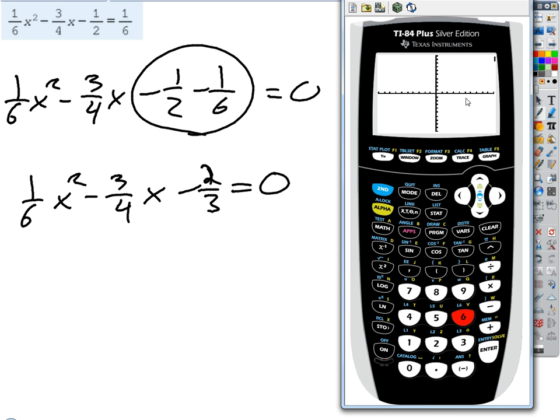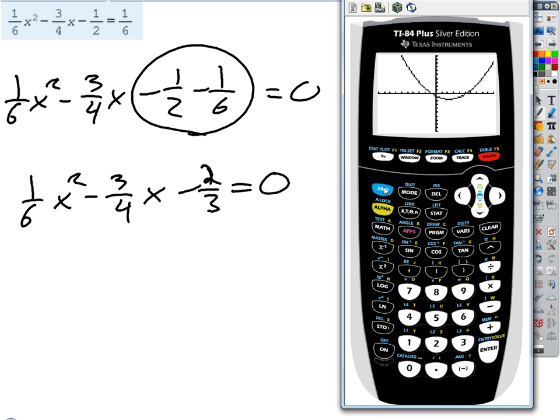Did you put it equal to? No, you don't. All you do is we're just graphing the function. So we're just putting y equals that function, and we're going to ask the question, where does it equal 0 by finding the x-intercepts? Okay? So you just graph the part that's equal to 0. That's the function that you're going to graph. Put it in standard form, graph the expression,